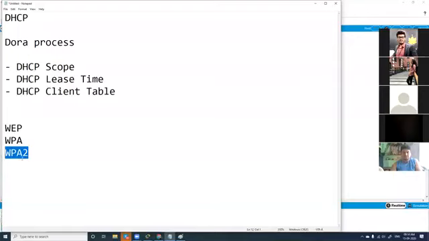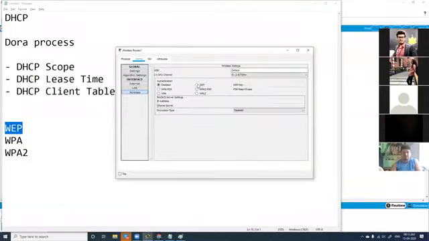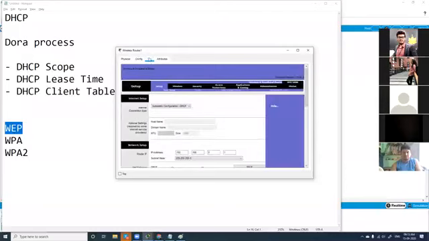WPA2 is a recent standard which is being used, and yes, probably when you go for this, it will be much safer, not 100%, but safer than WEP. Right? So in case you have this enabled, change it. Okay, this is a console-based entry here. We'll go for graphical user entry here. This is how exactly it looks when you log into your Wi-Fi modem.